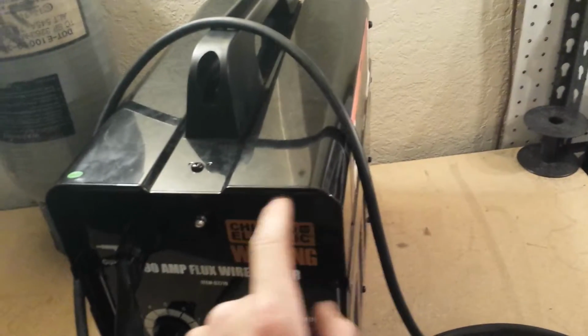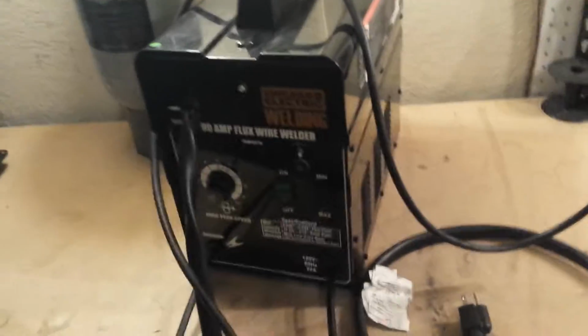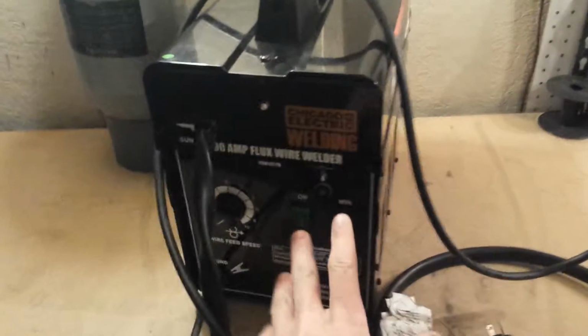But like I said, if you wanted to weld this stuff right here, this is what you want. $109, you cannot beat it. Their spot welders are more expensive than this thing. So this was about 110 total, or about 112 total with tax. Then I went down to Northern Tool,